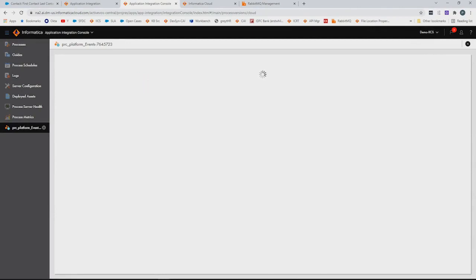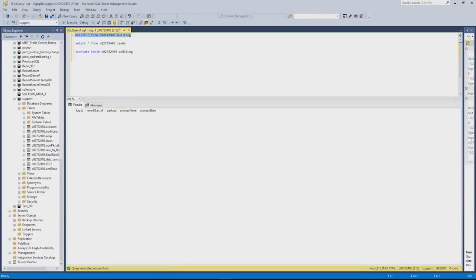While this is opening, let us open the database. As part of the process, we are doing auditing, so let us look at whether the audit has been successfully created. If you look at this, we have an audit which has captured the start time of the process, the counter, as well as the name of the process. This audit table acts as a single table for all different processes. The state is in process, and the appropriate process state has been configured.